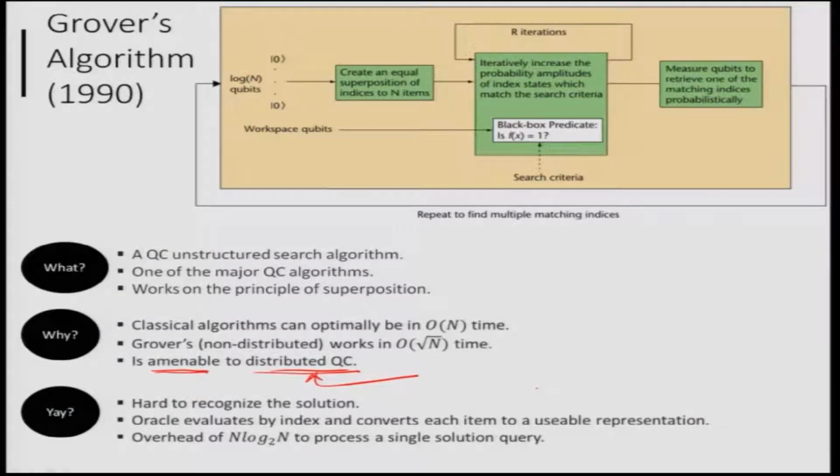And if one goes by this approach, it is found that given an overhead of n log base 2 n, in addition to the single solution query approach, it is possible to have a distributed quantum computing approach to Grover's algorithm. Now, this is a very important step, because as this is developed, it essentially brings back the scalability issue of quantum computers into practice, and so an optical approach of doing scalable quantum computing in this sense is very effective. The reason why this would work